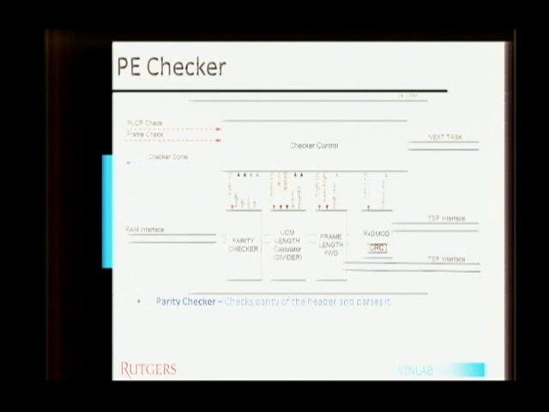Can you change the chunk size on the fly? Yes, you can change, because in the checker there is a register map that says number of OFDM symbols per chunk. You can make it 2, 4, or whatever. But it's not what the checker decides, it's what you set up in the virtual flow, the size of the chunk. That value comes into the checker. It's not hard coded in the checker. It comes from the software, with every chunk, with every command.